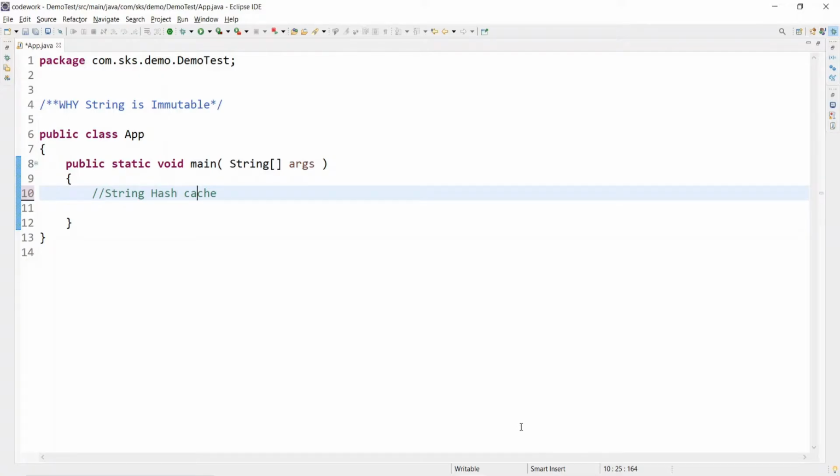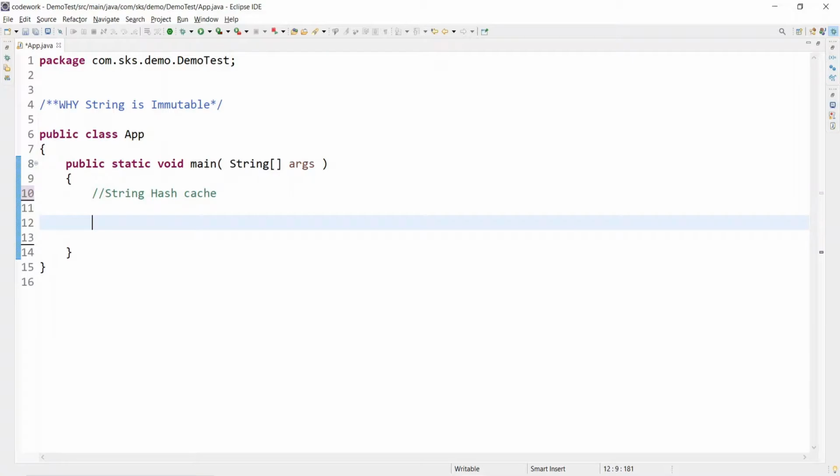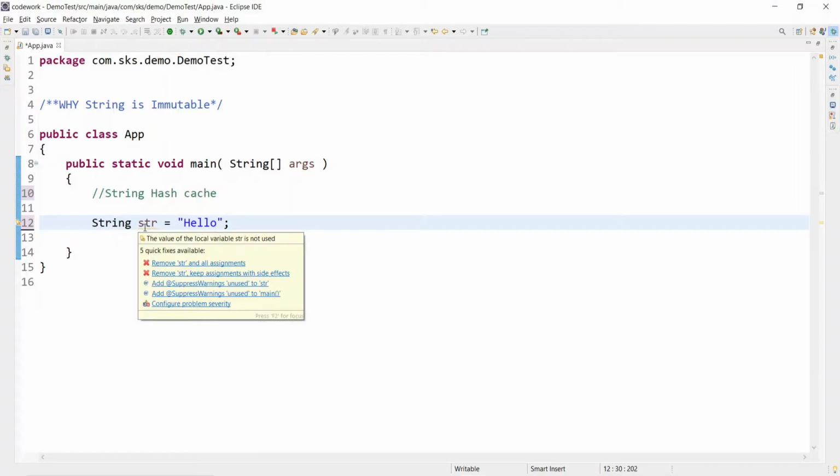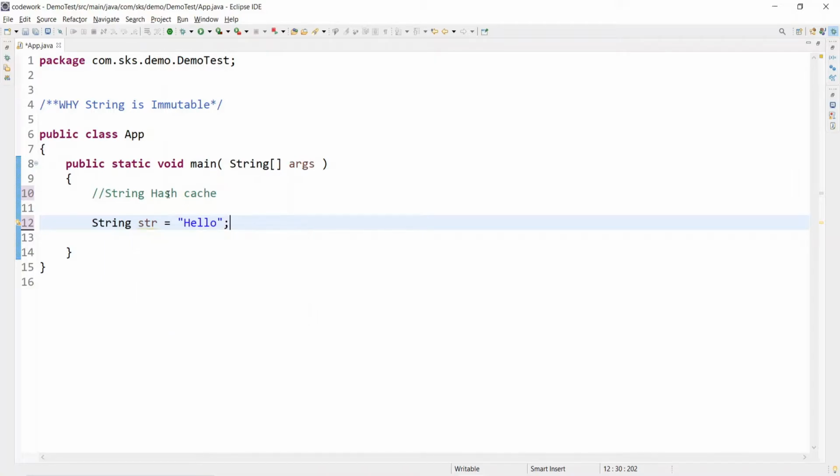To understand this string hash cache, the first thing you must understand is, suppose you are creating a variable, String str = "hello". Each string object contains the hash code of the particular string.